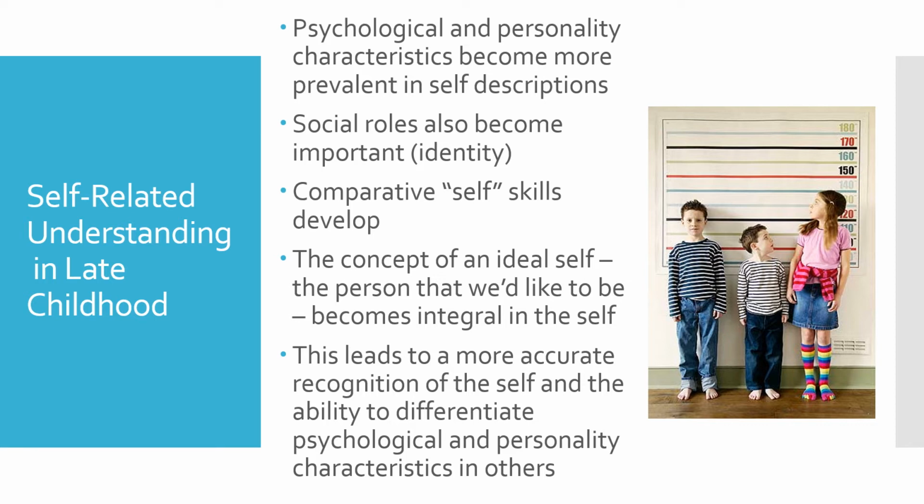And then we get to the point where we do away with a lot of those weird numbers and inaccurate perceptions of the self and start to have a more grounded sense of what makes us who we are, both in terms of where we belong and what makes us unique. It's not perfect. In fact, we're going to talk a little bit later about how we're never really great at having an accurate perception of ourselves. But at least we're significantly better at this point than we were when we were in our early and middle childhood ages. And this sets us up for quite the roller coaster when we transition from late childhood into